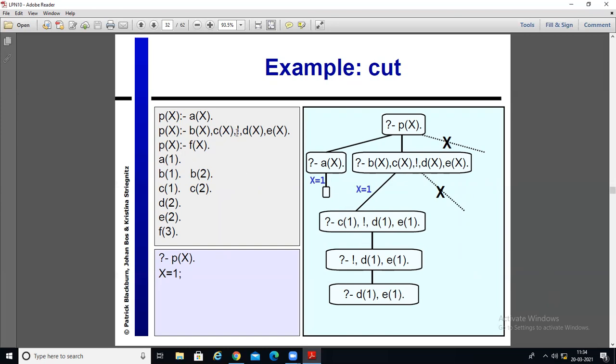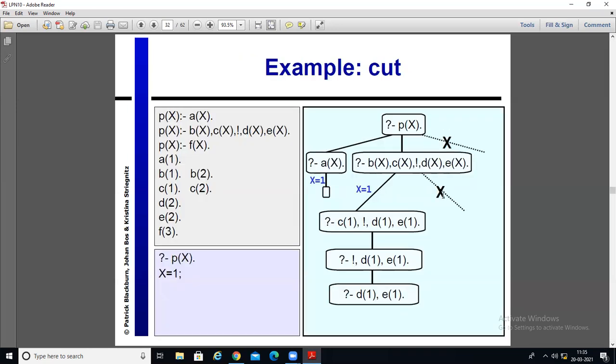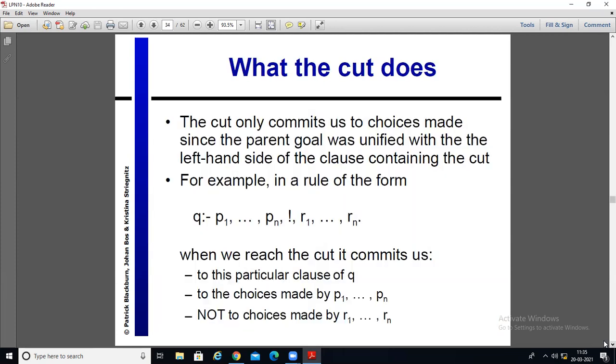But for the next, as cut is encountered, the next possibility P, that is P of X is equal to F of X, won't be checked, and the remaining value of X, that is X equal to 2, will also not be checked. So see these two branches, as we have seen earlier, these two branches will be cut. So only for X equal to 1, it will check and it will return no after X equal to 1. But the remaining value of X equal to 2, the next possibilities are not going to be checked, and the next call of P of X won't even happen, as cut has been encountered beforehand. Okay, so that is the use of cut.